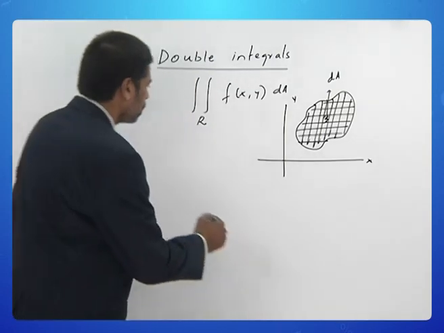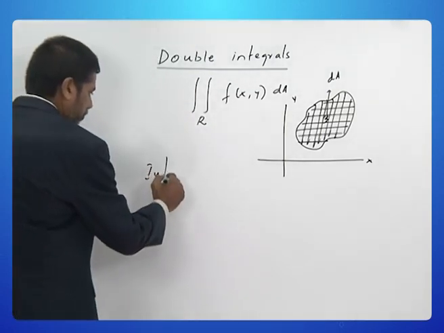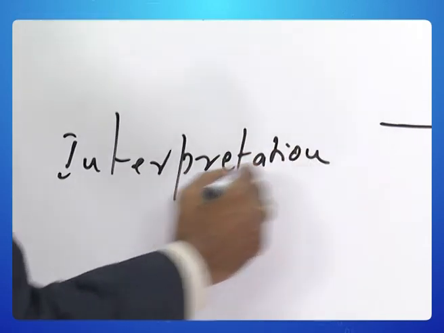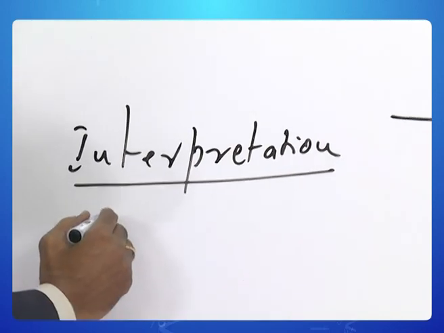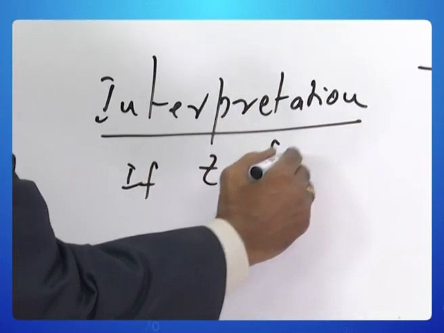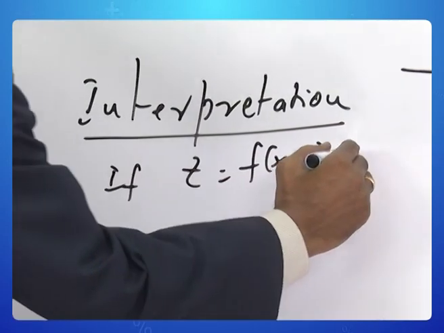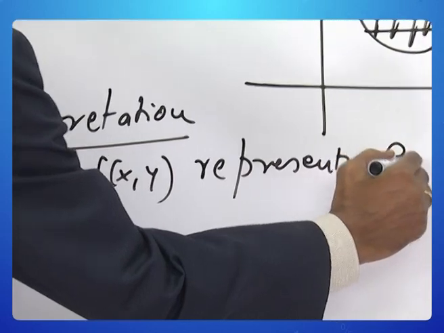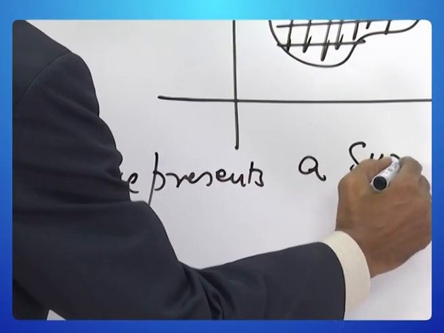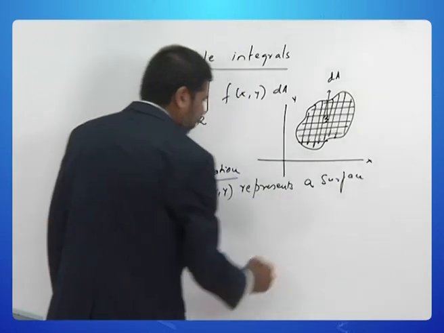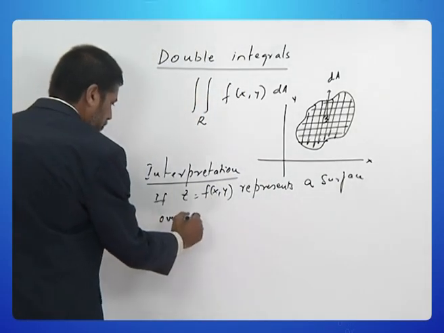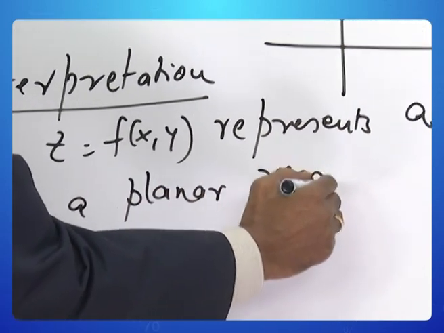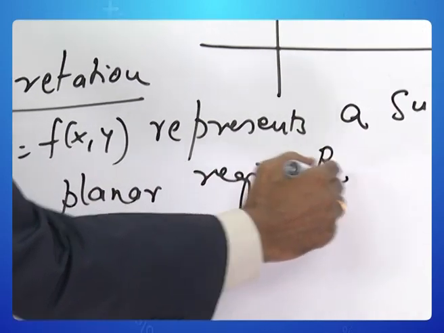So the interpretation: if z is equal to f of xy represents a surface over a planar region R,